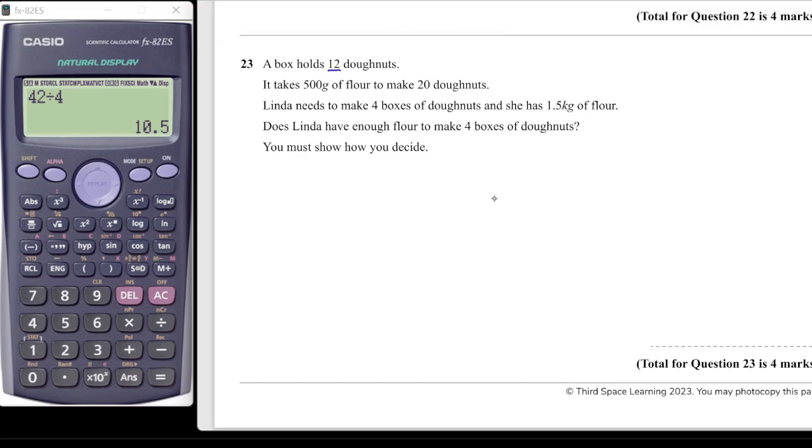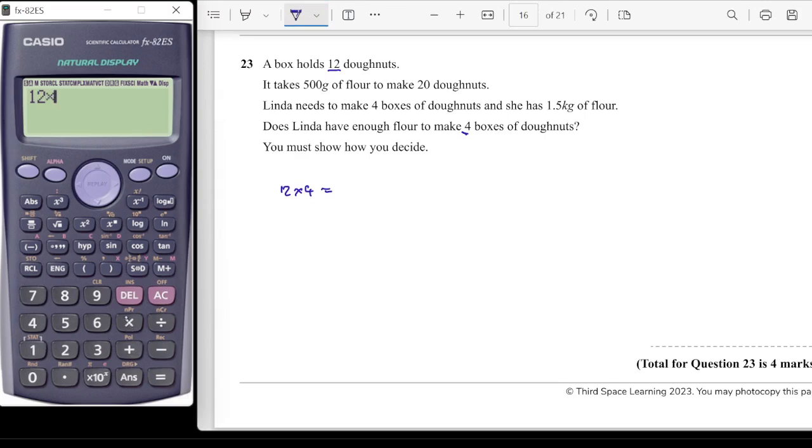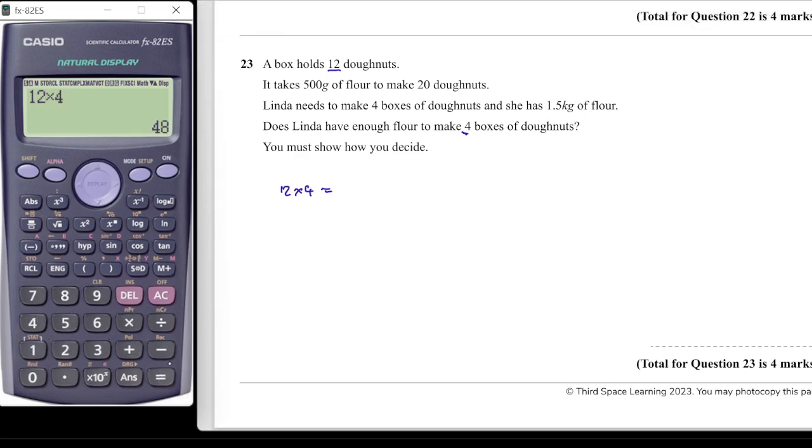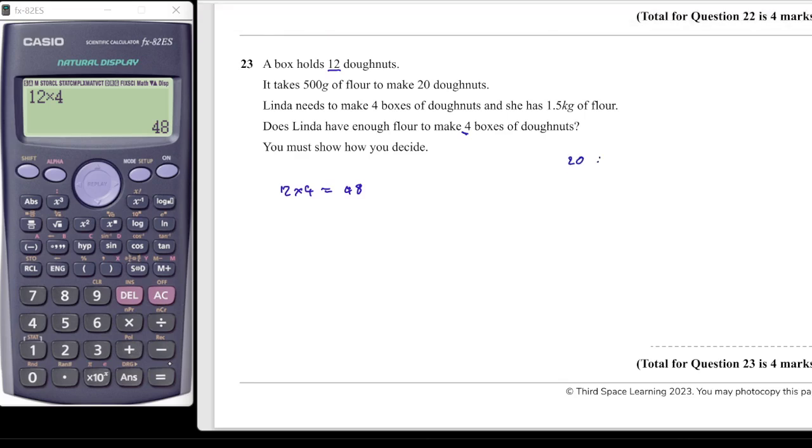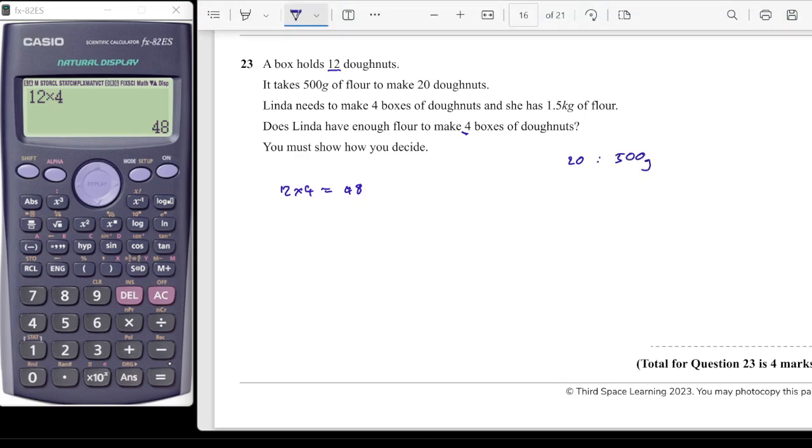If we work out first of all how many donuts she needs to make, so we want 4 boxes of 12. So 12 times by 4 would give us 48. So she needs to make 48 donuts. We need 500 grams to make 20 donuts. So if I say that 20 donuts uses 500 grams of flour, then in effect I can say